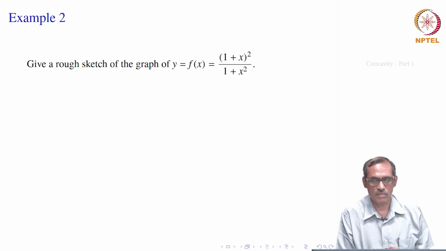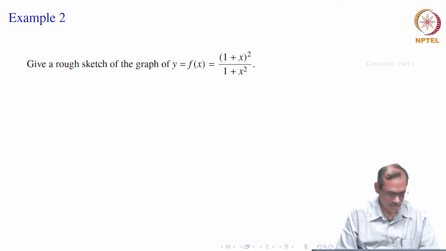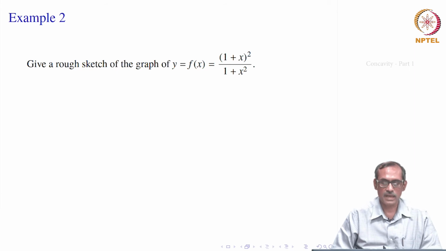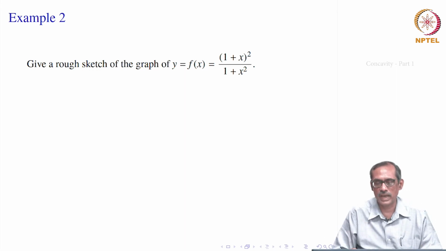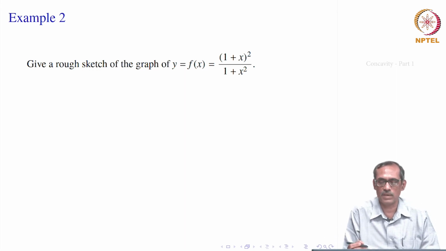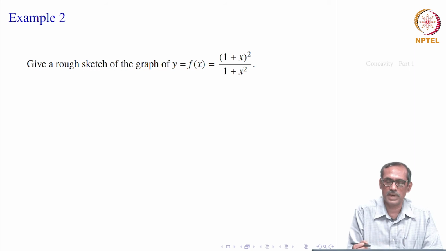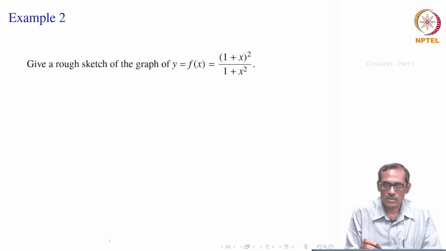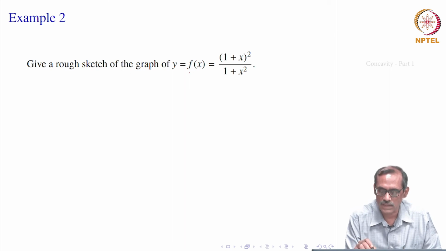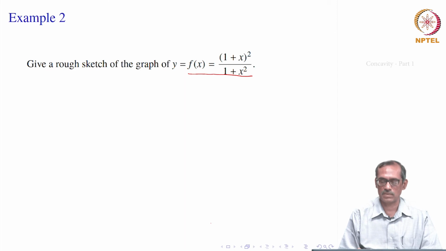Okay, let us solve one more example. Based on this idea, we can try to sketch a curve, how the curve looks in which intervals. We will not take everything because R is infinite, but somewhere where there will be an inflection point or a maximum point, minimum point and so on. That is what we will be discussing. So, suppose we take the function as f of x equal to (1 plus x) whole square divided by 1 plus x square.